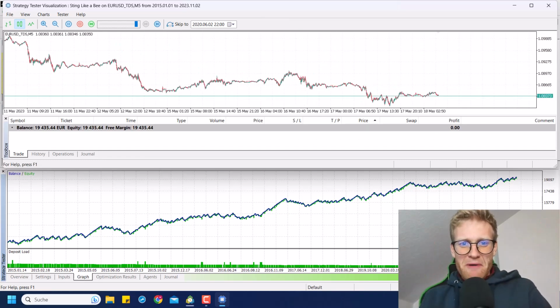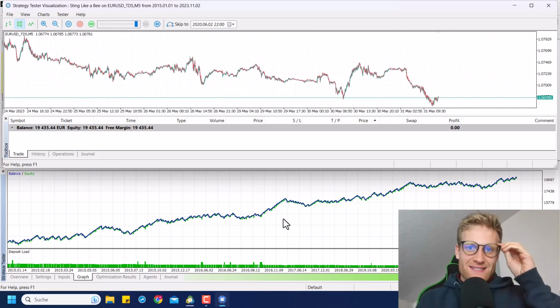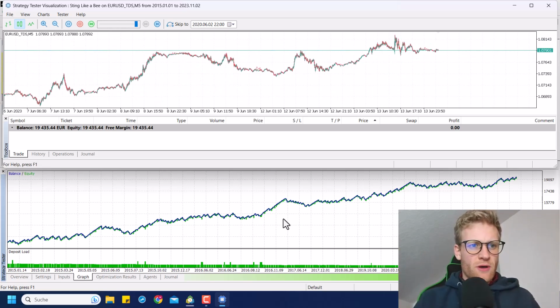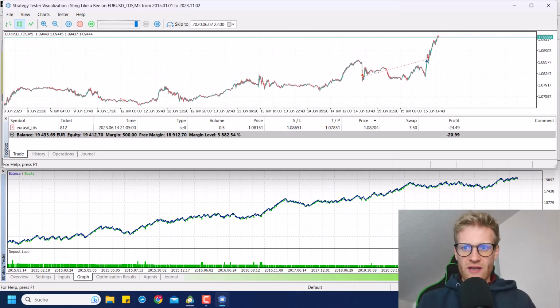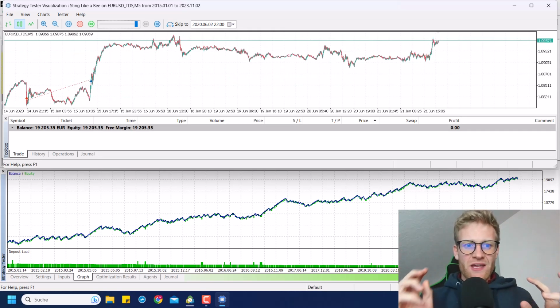So the test is about to finish, and we can see here already in the graph, actually it looks really, really nice in the tester. There are a few things I want to point out here, because what we are doing here, of course, is only a theoretical backtest. And with strategies like this, you have to be really careful always,